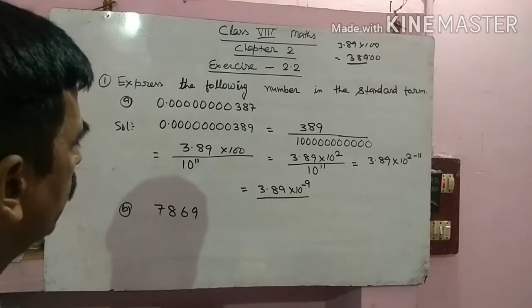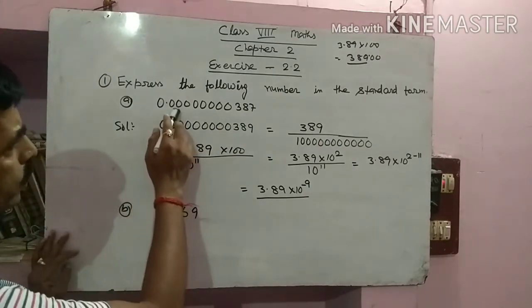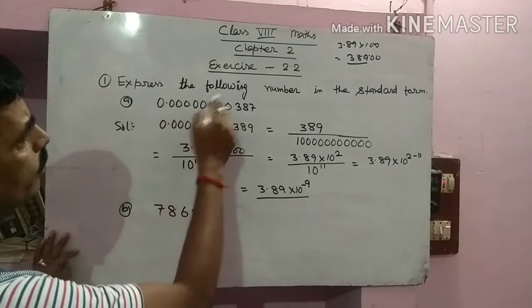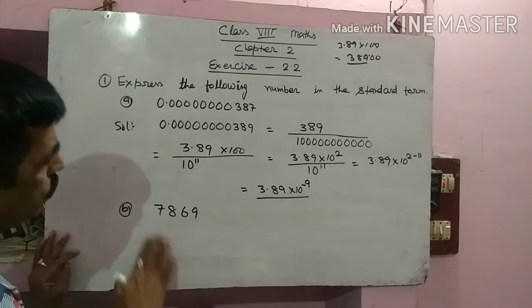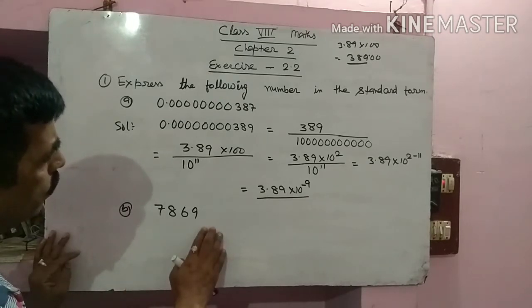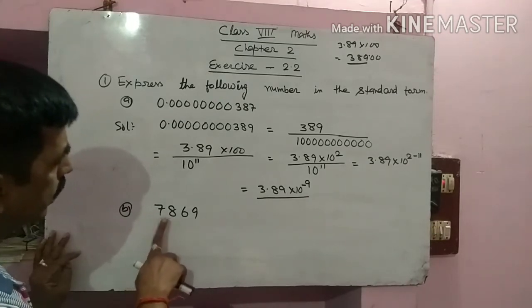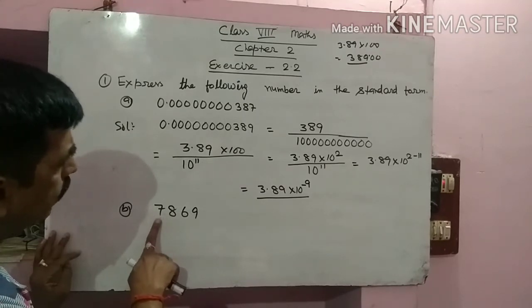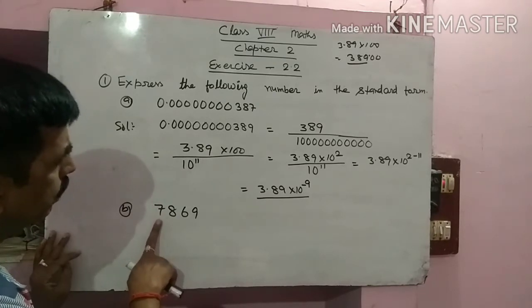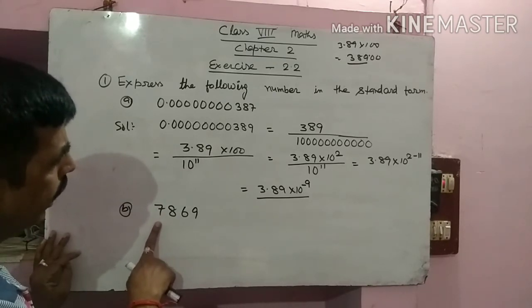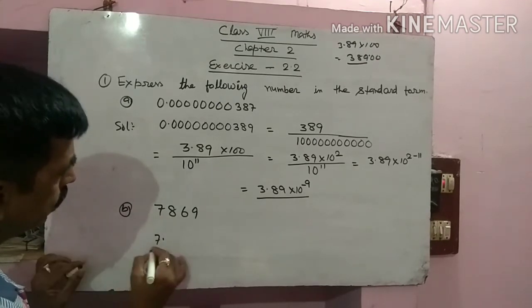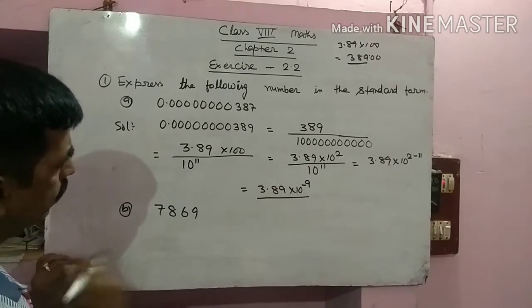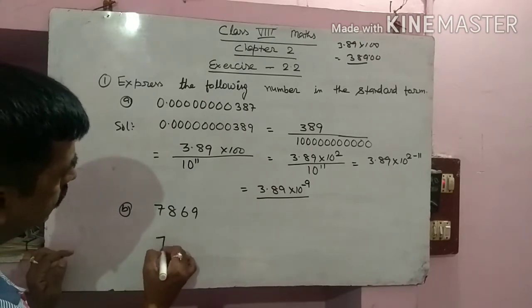Okay. In the case of this question, the decimal is going to shift towards the right. The number is given, so we have to get the first digit. We have to write that one in the form of k into 10 to the power m. It means the first digit should be greater than 0 and less than 10. So it will be like this, 7 point. So in that case, what can we write? We can write like this.